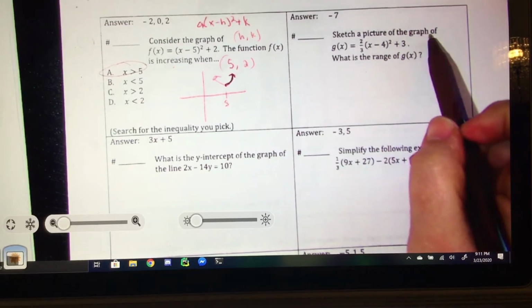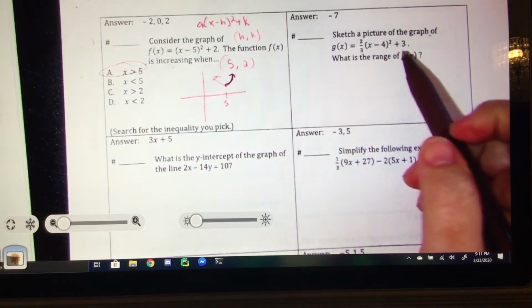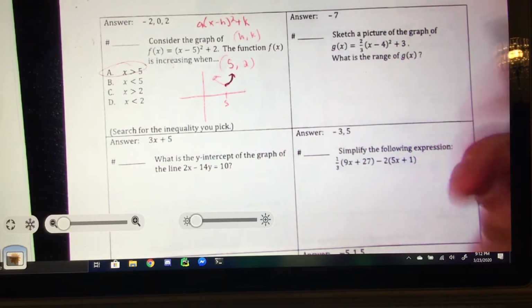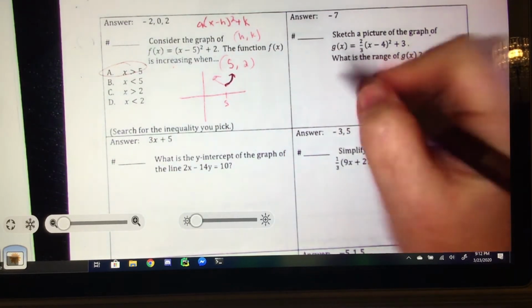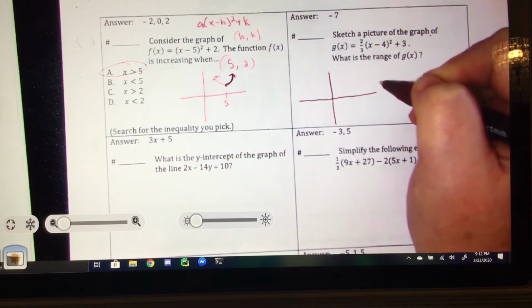Sketch a picture of the graph. G of x equals 2/3 times (x minus 4) squared plus 3. What is the range? Well,